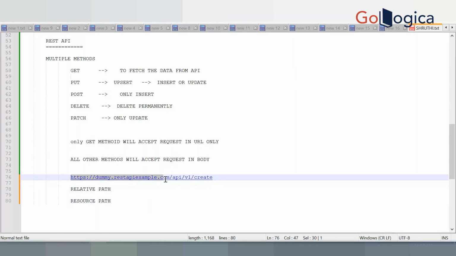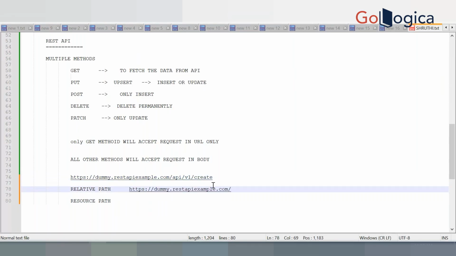Each URL contains two things: the host address, and this is the resource path. When you are developing, no need to mention the host. When you are developing a REST API, you can mention only the resource path, that's it. When you deploy your code into servers, the server host address will be this one.